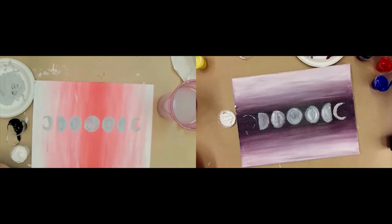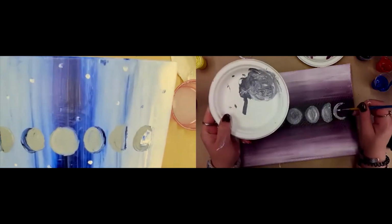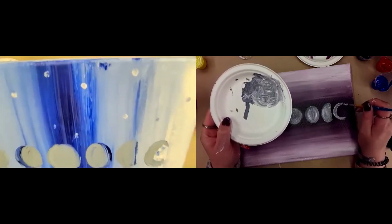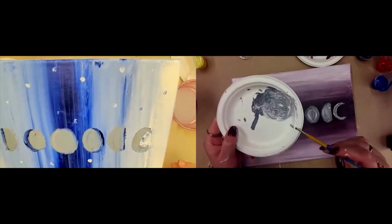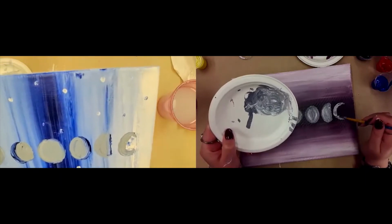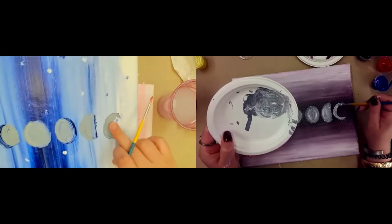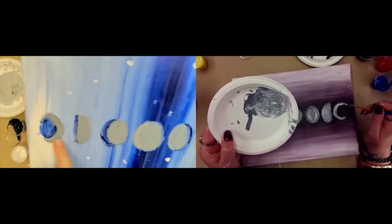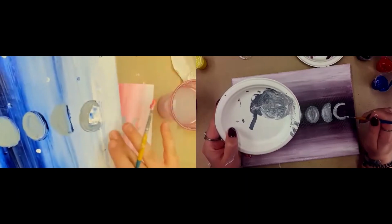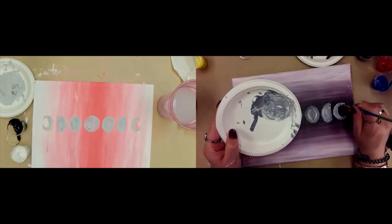Oh, and then you can go in. If you look at my original painting, I went in with the dark blue to create the shadows. I remember I was thinking, how is there a way to symbolize the new moon, since the new moon is not there? It's pretty much not present in ways that you might symbolize it. I pulled the white in to this crescent moon, and over here I pulled in some blue, and to me that made it so the new moon would be there, or even off the edge of the painting. It kind of creates this